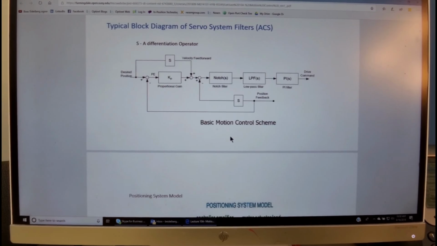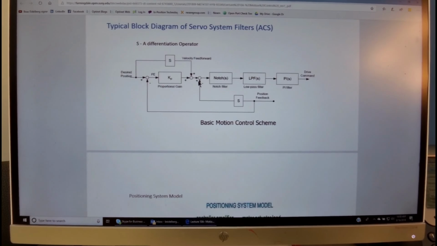This comes in with a velocity feed forward to the velocity loop, and this also gets a feedback of velocity from the derivative of the encoder position. And this also has an option of going into a notch filter.